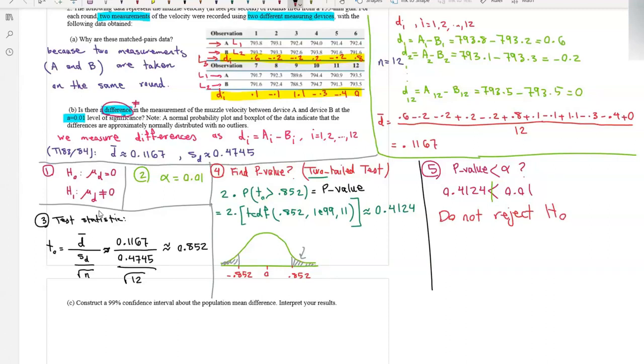So let's write the conclusion here. So there's not sufficient evidence